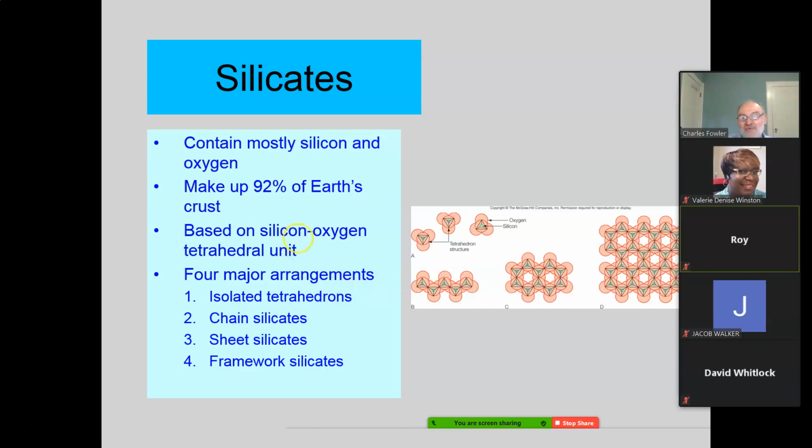Okay, then you have your sheet silicates, and these form the sheets. Now each tetrahedron shares more than one or two